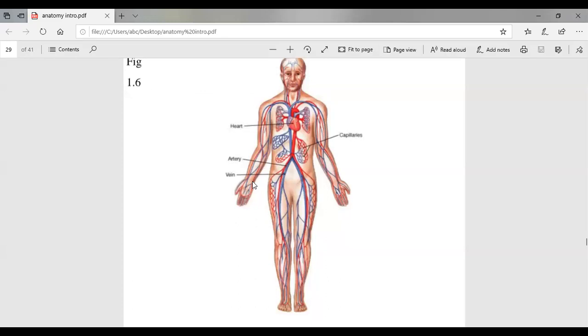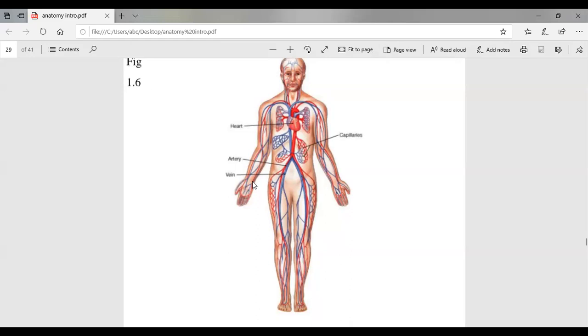The red colored pipes are going to the entire body, as well as the blue colored pipes are going to all the parts of the body. Now I'll give two types of names to the two different colored pipes. The red pipes are called arteries and the blue pipes are called veins. Why do we have different names? Because the earlier scientists named it. But do they have different functions?